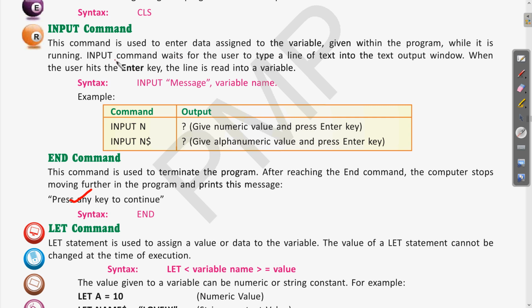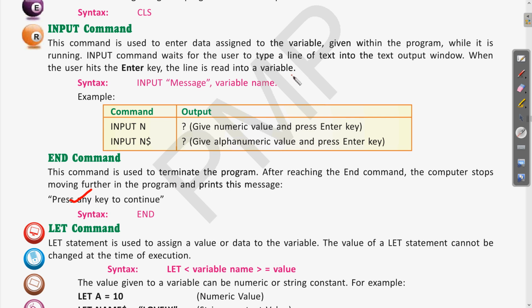Let us first read this. This command is used to enter data assigned to the variable given within the program while it is running. Input commands wait for the user to type a line of text into the text output window. When the user hits the enter key, the line is read into a variable.